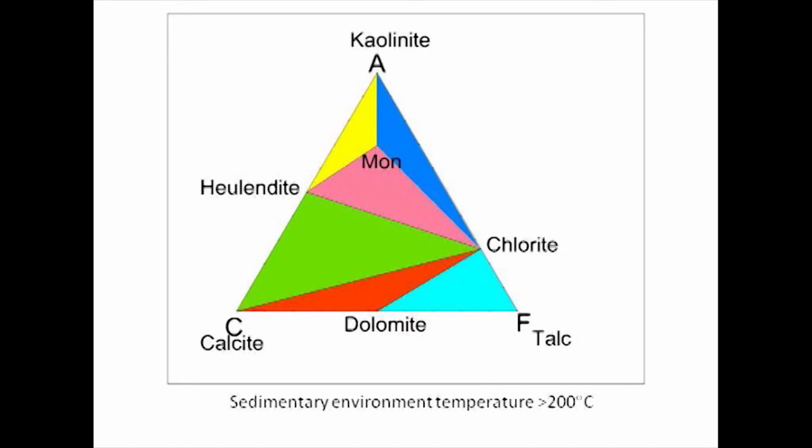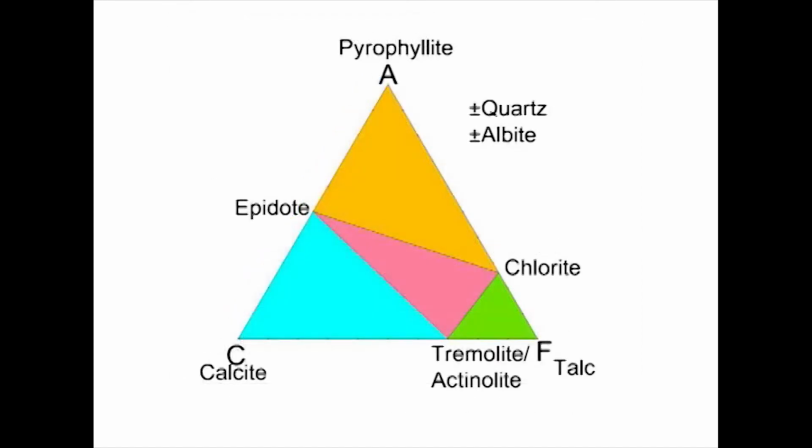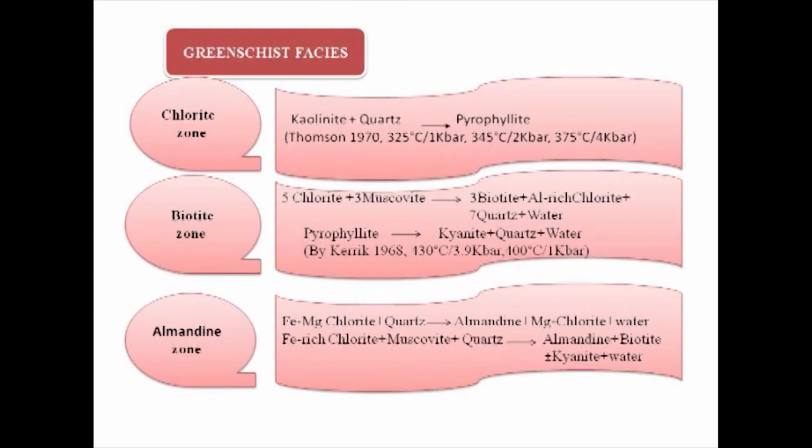Greenschist facies. The greenschist facies include the common products of low grade regional and dislocation metamorphism. The beginning of the greenschist facies is characterized by the following reaction: kaolinite plus quartz gives rise to pyrophyllite. This reaction was carried out by Thompson at 325 degrees centigrade 1 kilobar, 345 degrees centigrade 2 kilobar, 375 degrees